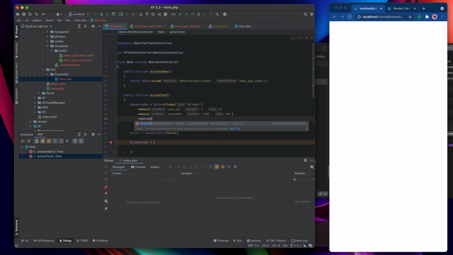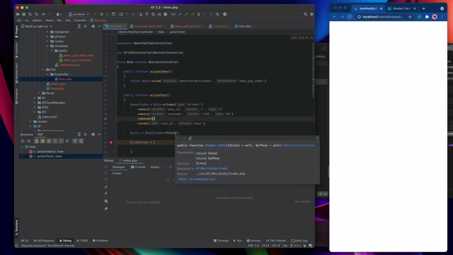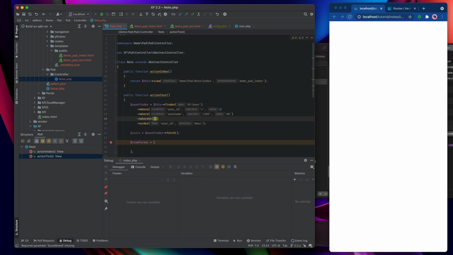Where or, and now into the conditions here, we're going to take the arguments that would normally be put into a where clause and instead wrap them up in an array like that. And then that's the first condition. Now if we want another condition, we'll just add another array and put the conditions from this one into there.